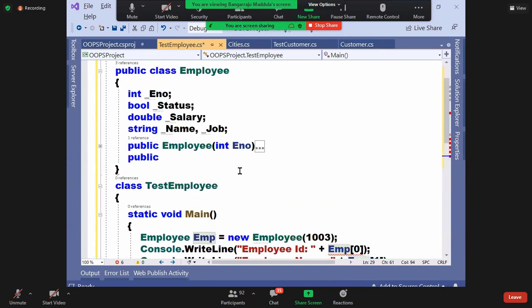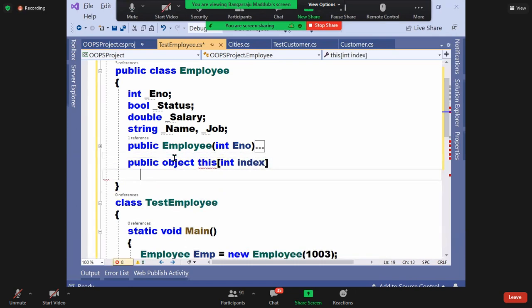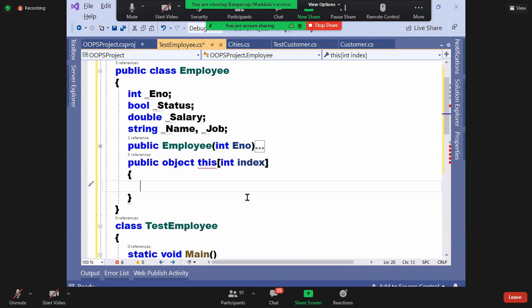So we are just going to have the appropriate data type. The results coming are not the same type: integer, string, double, boolean. So here I'm writing object, guys. Public object this int index. Observe this, all of you.